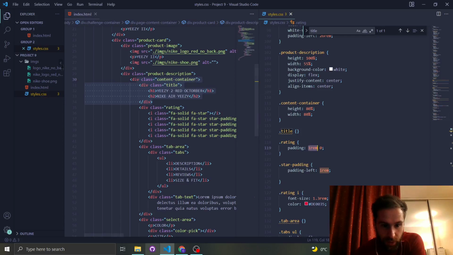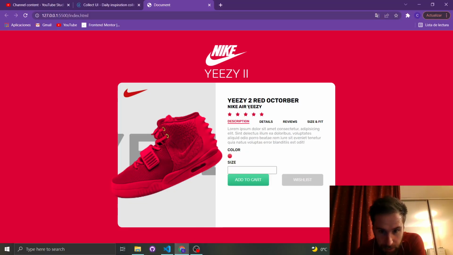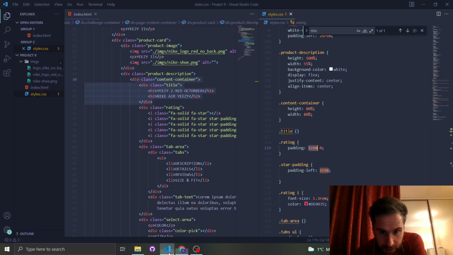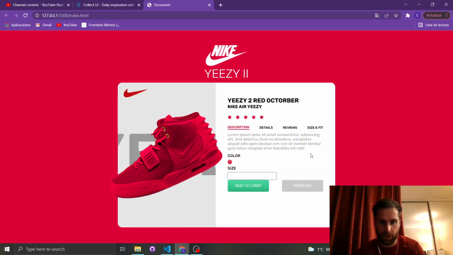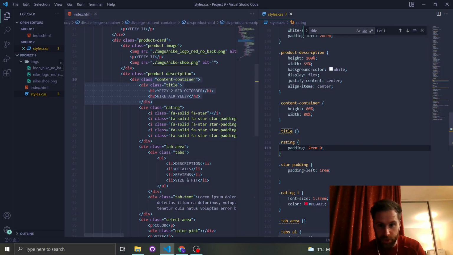So if we added padding top and bottom, this should be 1 rem. This should be 1 rem then. And what about if we just say 2 rem? 2 rem like so. Okay, and save that. See what it looks like. There's a bit more spacing. There's more on the top than on the bottom, I feel. Just to make sure of that,